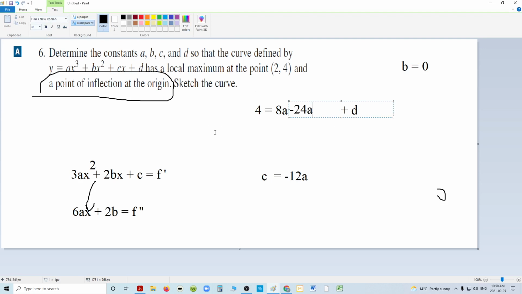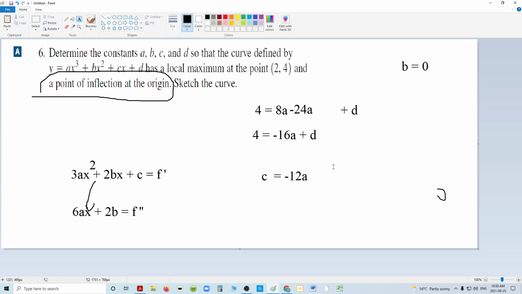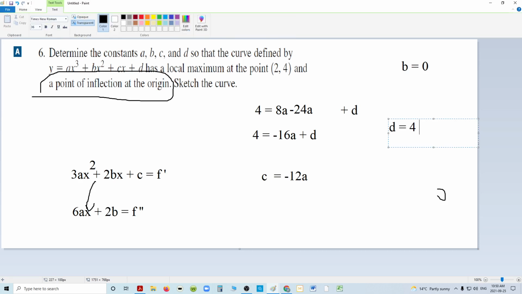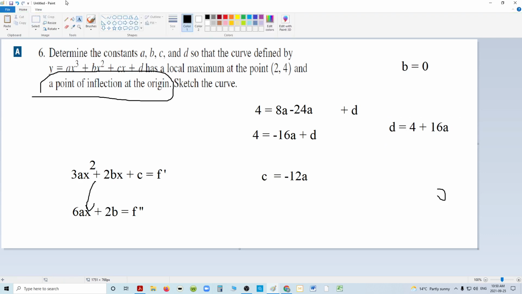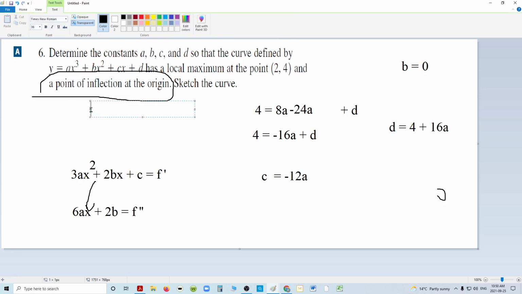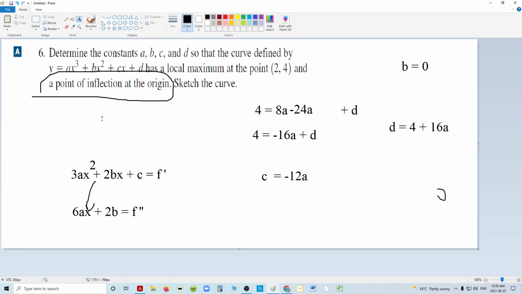So that whole thing becomes 4 is equal to minus 16a plus d. Not super useful, except now we know that d is equal to 4 plus 16a. The only problem is we haven't really come up with a good way of figuring out the missing points, except